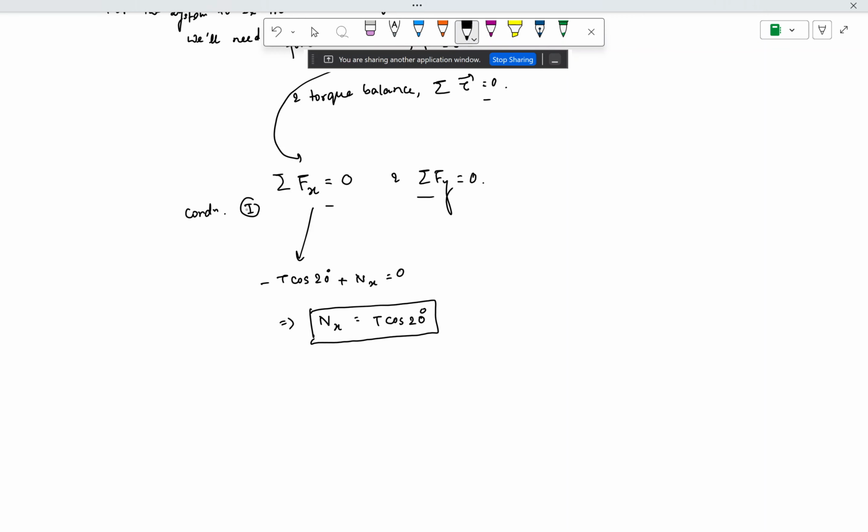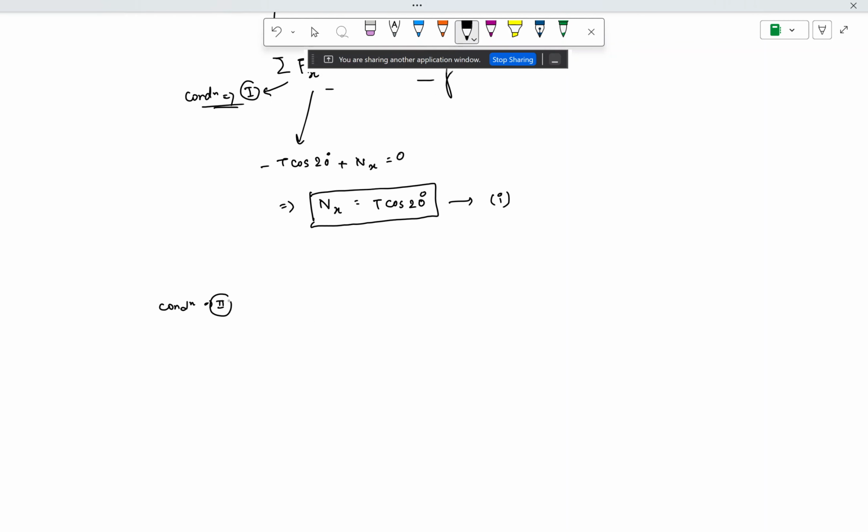This is coming from the force balance conditions, and because force is a vector, we are dividing in components, and component by component will also be maintaining the force balance. So the net force is balanced in the x cap component direction, and this is our condition number 1. So this is giving us equation number 1. Now condition number 2 is the net force along the y direction is also 0 by force balance. So net Fy is equal to 0.